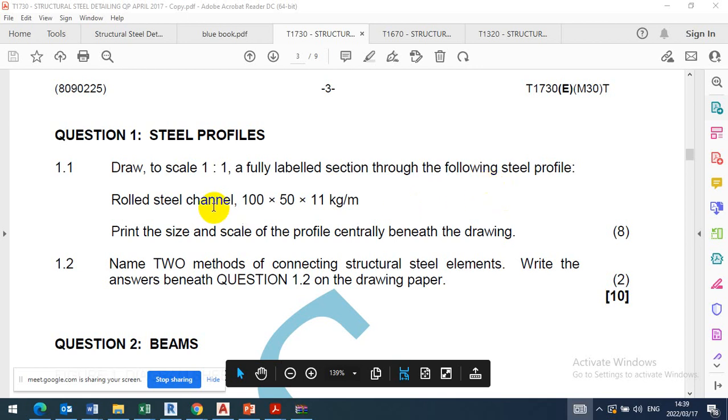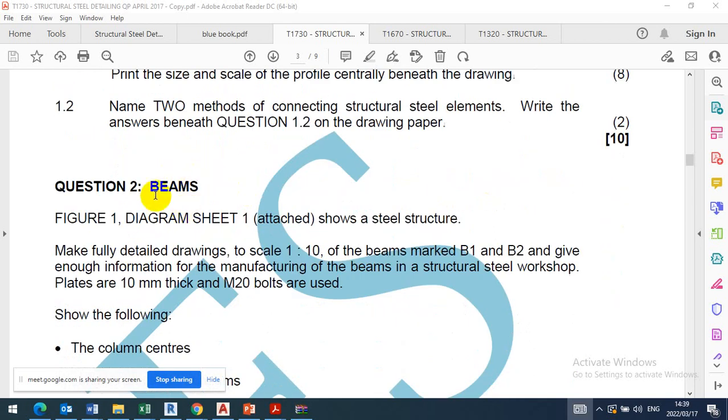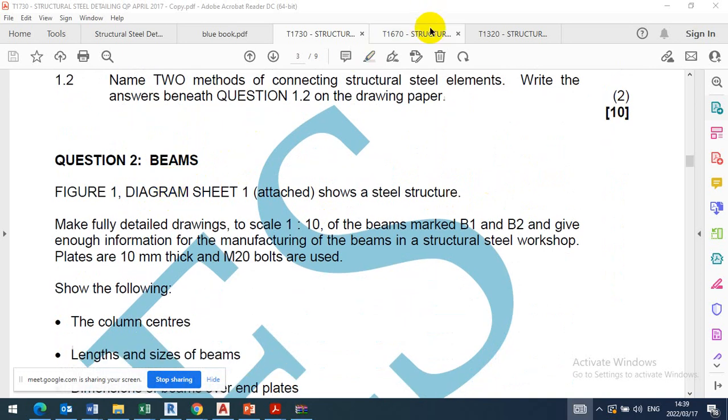All right, so question 2 is always going to be from beams. You need to know beam to beam connections. So I'll start with this question paper, then I'll go to this one, and then I'll go to this one. You will see that the questions are very similar. What they change is just the type of structure, the shape or how many beams are connecting to how many